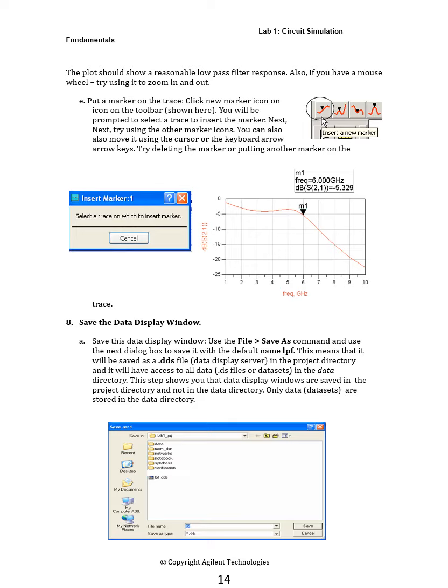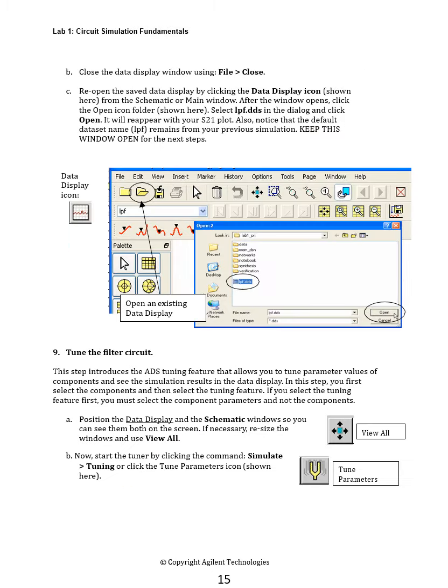This is our simulation result. Here we can see M1 frequency is 6 gigahertz and dB(S21) is 5.329. Save the results, the data display window, and make a PPT of the results. After following the steps, all the steps are here.